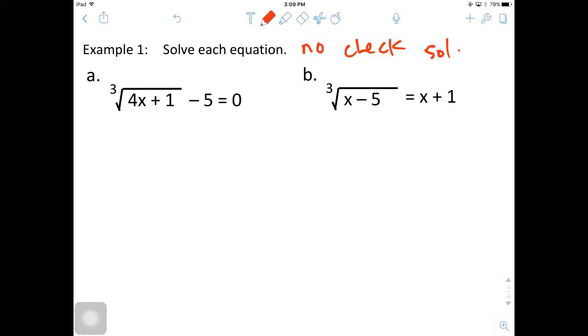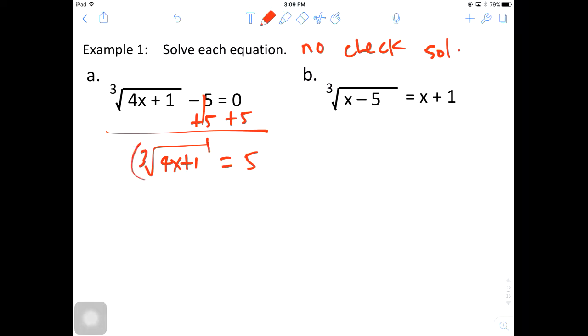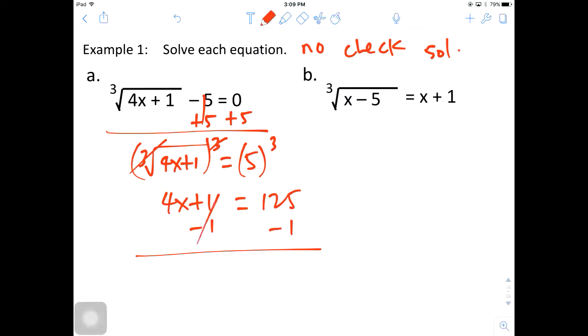So just like we did yesterday, we're going to just solve the problem by isolating the variable. So we're going to move that 5 by itself to the other side. And now we have cube root of 4x plus 1 is equal to 5. And again, we're going to undo that cube root by raising both sides of the equation to the 3rd power. And that will cancel out the cube root. So we have 4x plus 1 equals 125 minus 1. So this is now like a pre-algebra question. 4x equals 124. And then dividing by 4, we have x is equal to